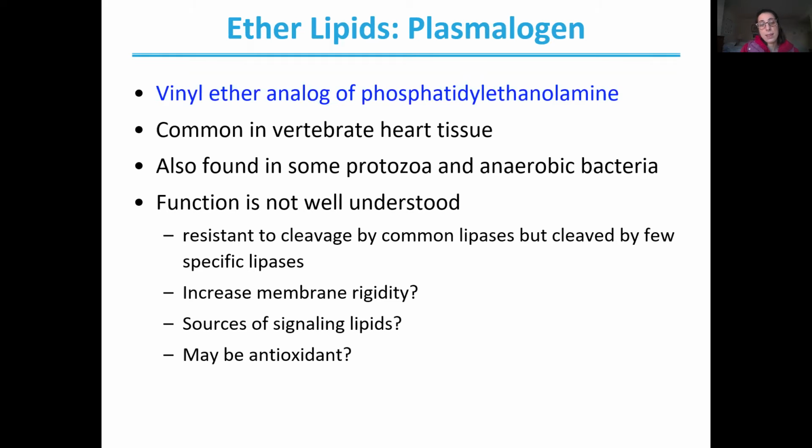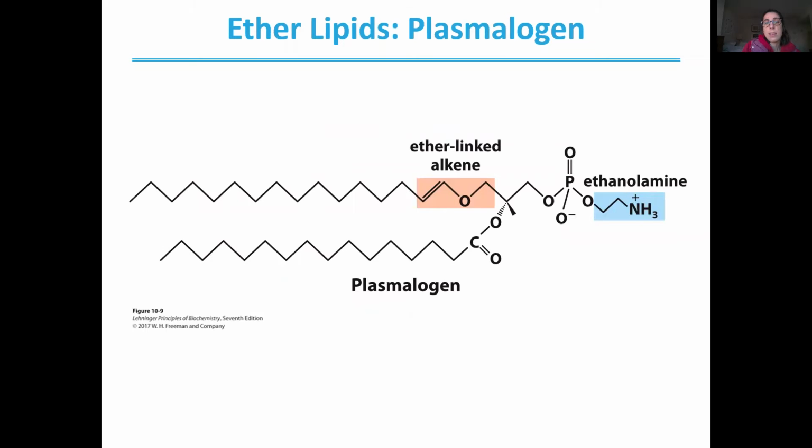They might be there because they make membranes more rigid, or they could be a signaling lipid, or maybe an antioxidant. So this is an area that's still of research, but the difference between a plasmalogen and a PE lipid